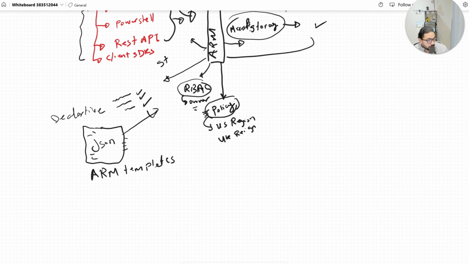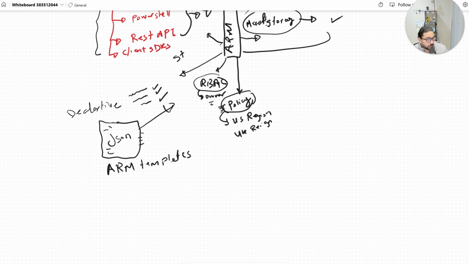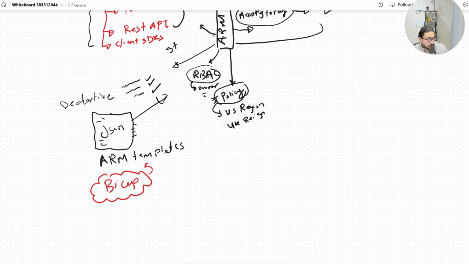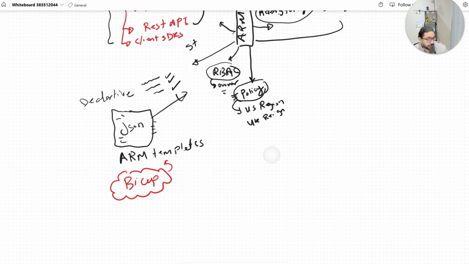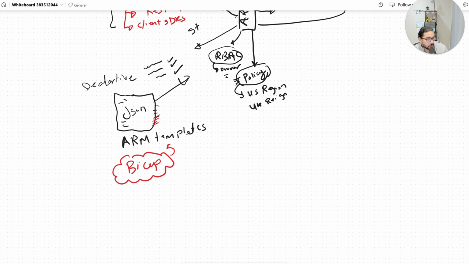Okay, there is also another way to create or build infrastructure as code, like your Bicep templates. Bicep is also a new, better version of ARM templates. It's easier. Microsoft actually developed this one, and it only runs for Azure, it doesn't run for any other cloud provider. So basically it is a bit easier version of the ARM template, or the JSON template. So also you can use it to